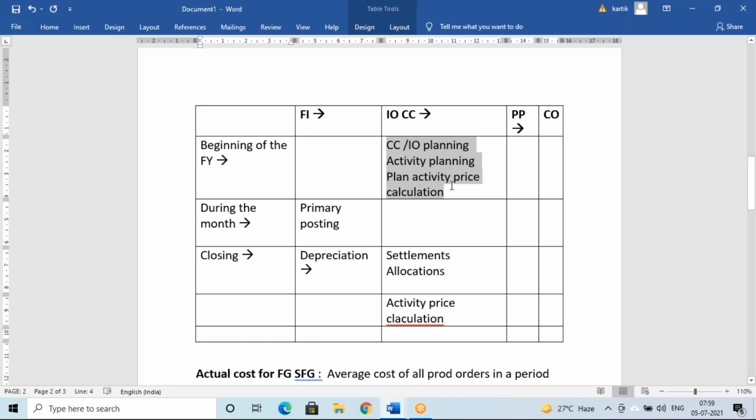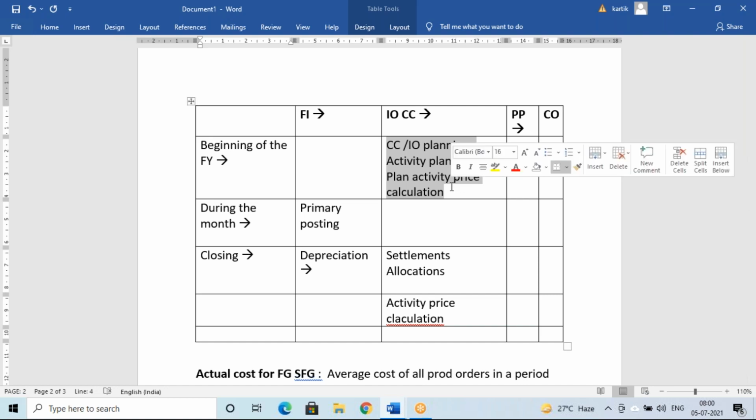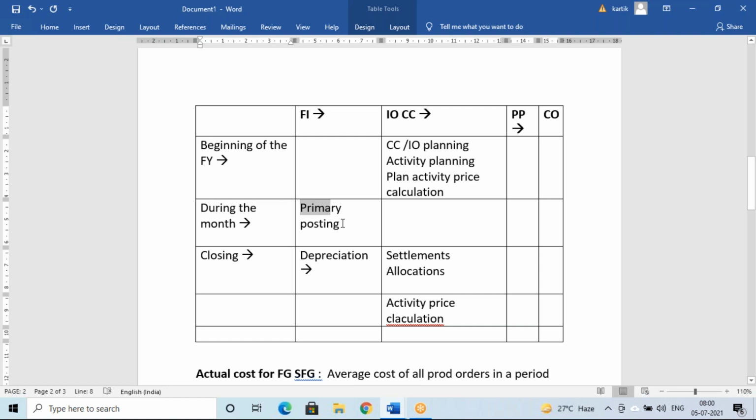This data will be available for the whole year, for all the periods. Okay, so during the month, primary posting happens here, and of course, primary posting is recorded here. Next in PP also, yeah, here